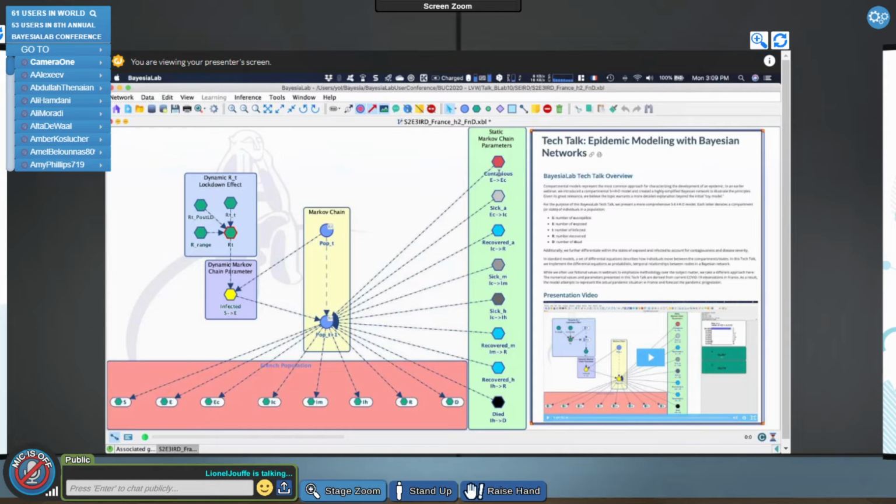So it's based on compartmental models, and we did a tech talk during an hour where we were presenting this dynamic Bayesian network, right? That is a kind of non-stationary Markov chain.